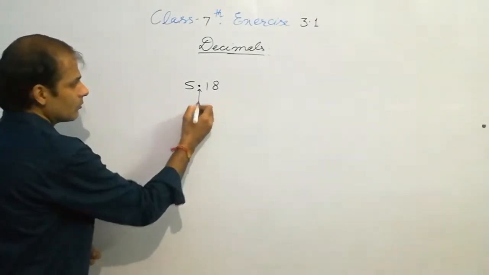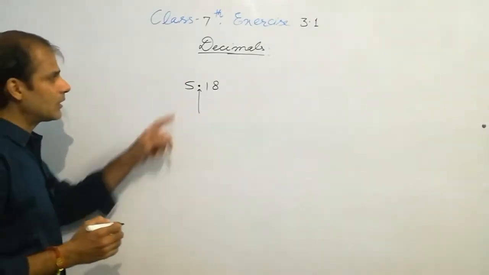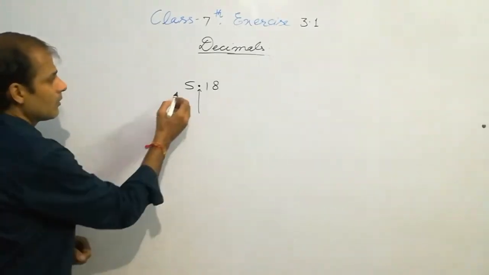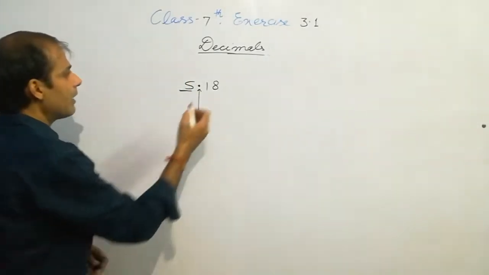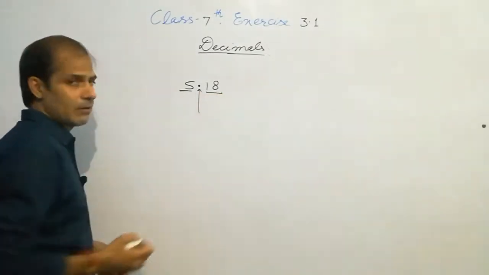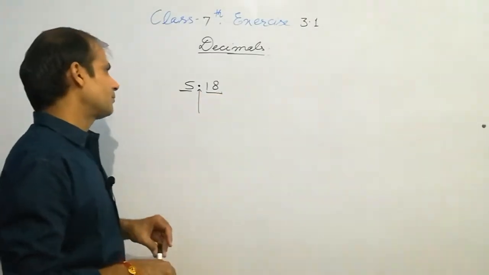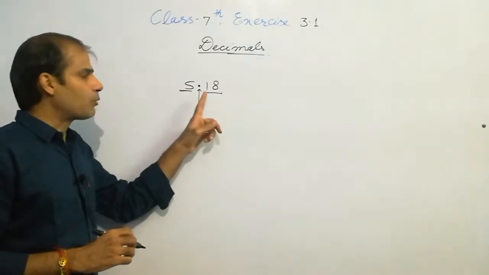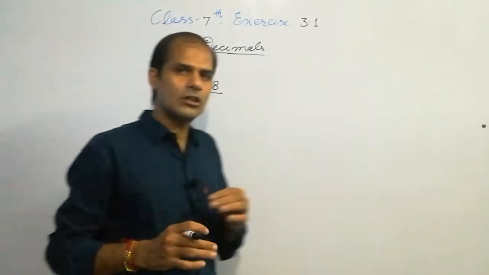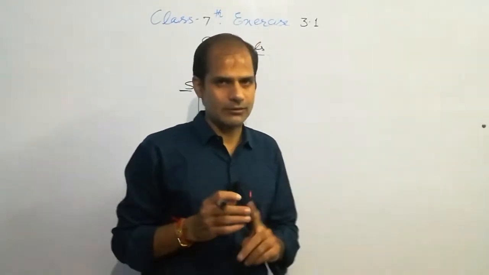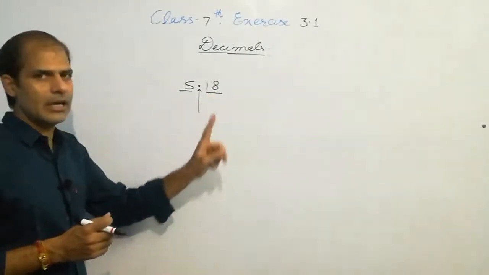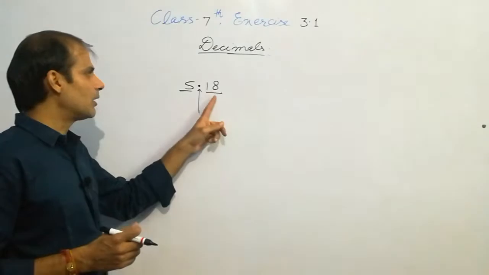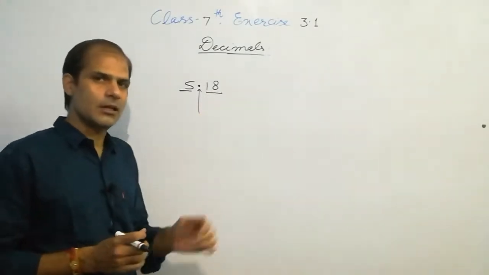So to the left of this point we have a whole number, and to the right we have a fraction. Now it is 5.18. Do not speak 5.18, never. आपको कभी भी 5.18 नहीं बोलना है, 5.18 ही आप बोलेंगे. So after the decimal we have to speak the digits separately, one by one.